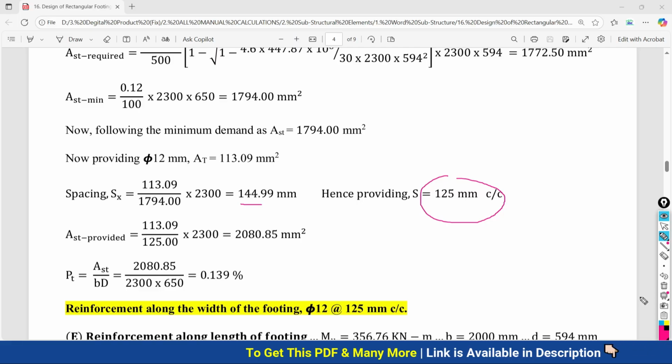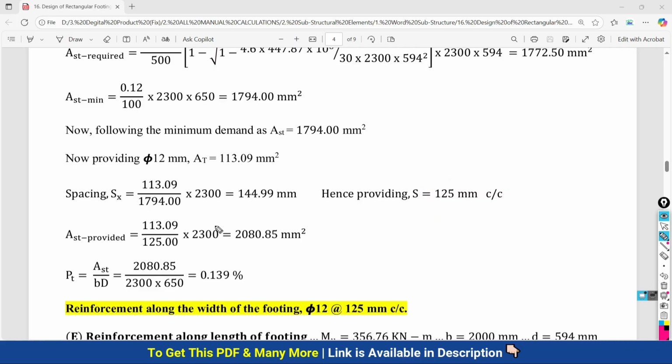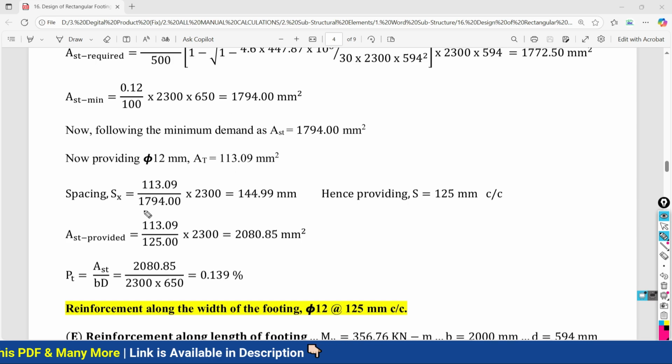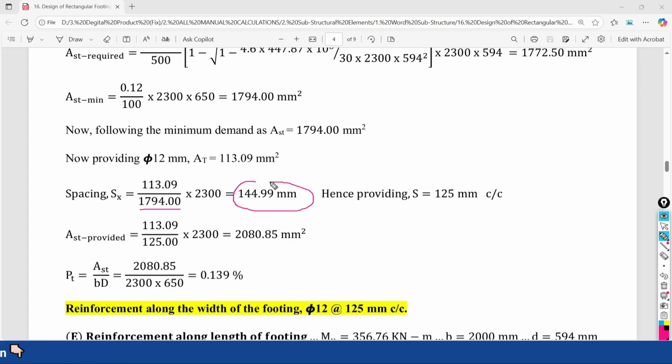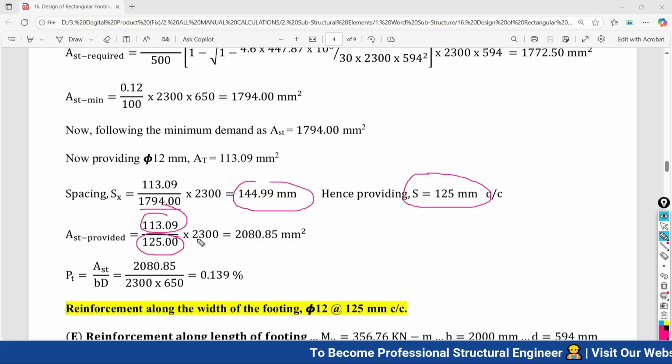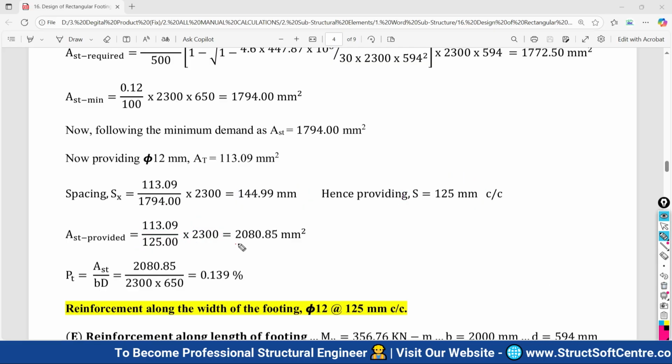So finally, what area of the reinforcement you have provided, finally we need to calculate that, because with this area of the reinforcement 1794, the demand of the spacing was this. Okay, now we have changed the spacing, so obviously the area of the reinforcement provided will also be updated. So here unit area divided by finally provided spacing over the same length. Now total area of the reinforcement finally provided